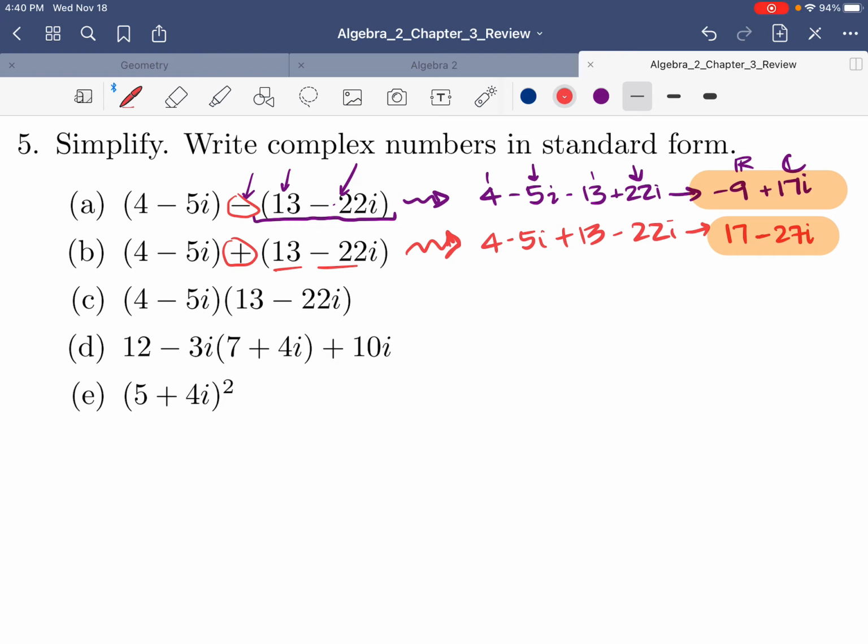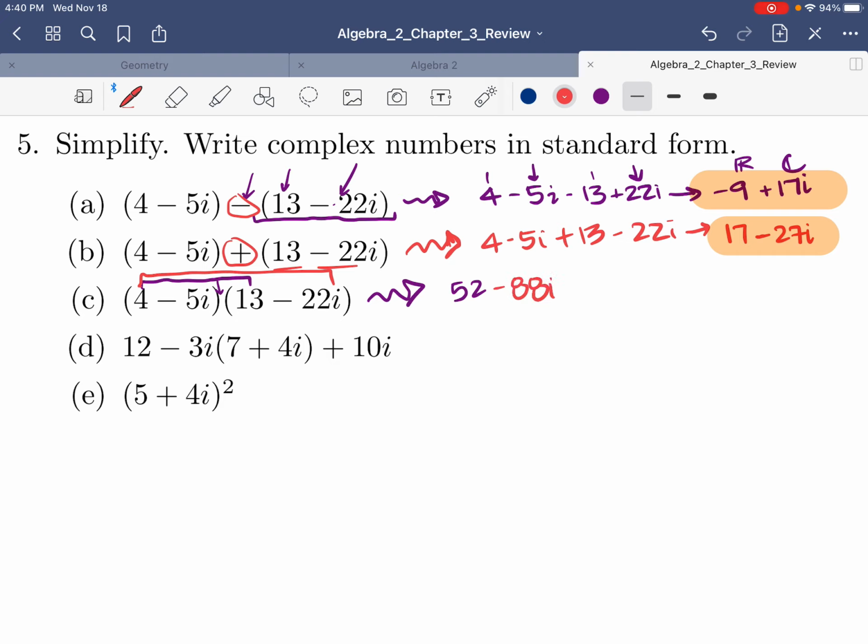Moving on to question C. With question C, there's no addition or subtraction. That indicates that it is multiplication. So we're going to multiply this thing, also known as FOIL. So we're going to multiply the 4 and the 13. That's going to give us 52. And then after we do that, we multiply the 4 and the negative 22i, and that gives us negative